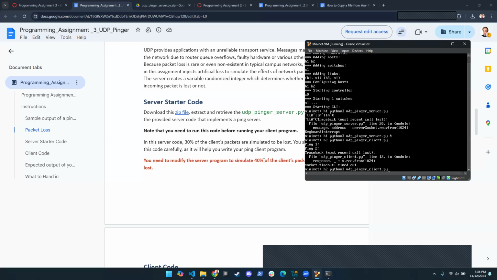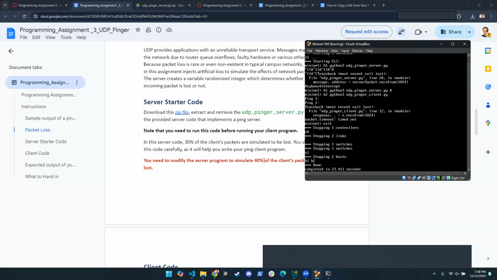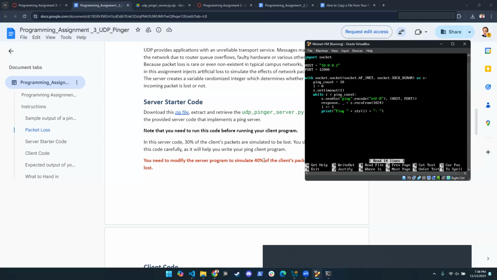So let me add a try catch. I'll exit and then open my client. And inside of the while loop, I'm going to write a try. I need to do all the indentation manually. 1, 2, 3, 4. Okay, so I'm trying that, and if I get a timeout, then instead of throwing an error, I'll get an exception. So I think that's the right amount of spaces. Except,